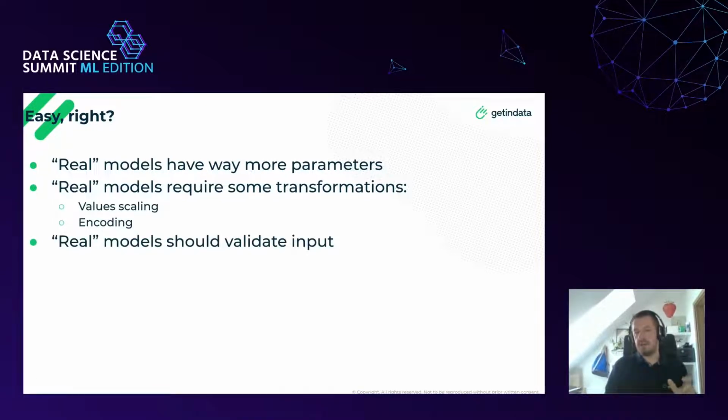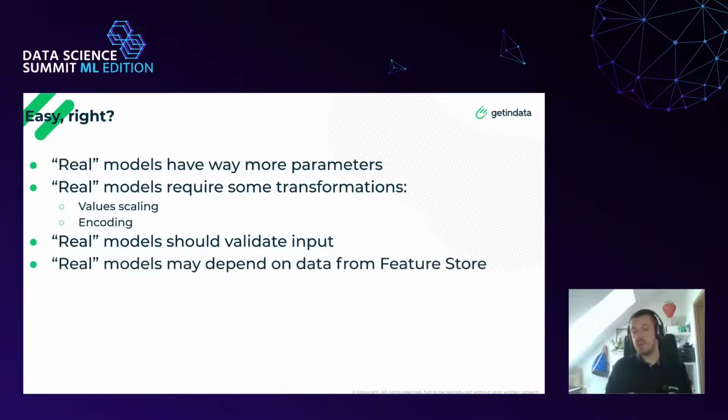If I would go back to this iris example, and if I would put a negative number, it would still give me some kind of prediction, but I do not know if this would be valid or not. But real models should validate input and tell you, okay, I cannot answer this question, I cannot give you this prediction. Real models may depend on data from a feature store, so from some central place